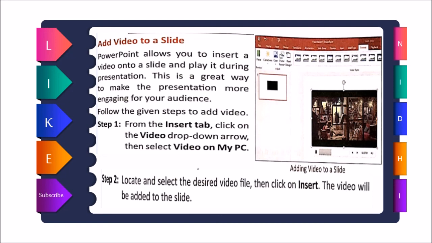The video will be added to your slide. Like this you can add your video to your slide and you can just press F5 to start the slideshow.